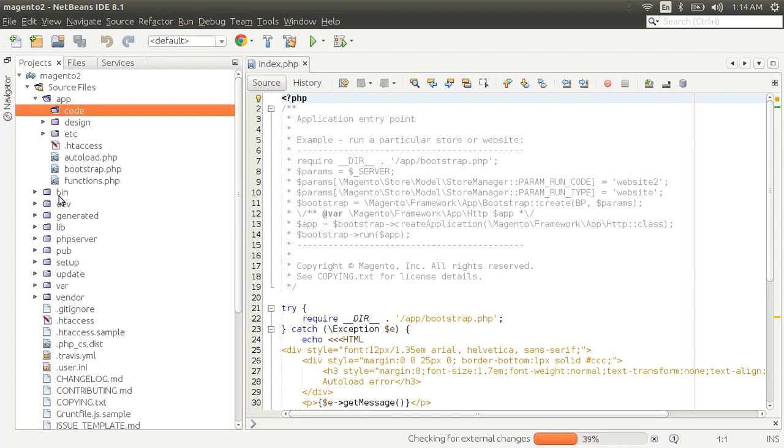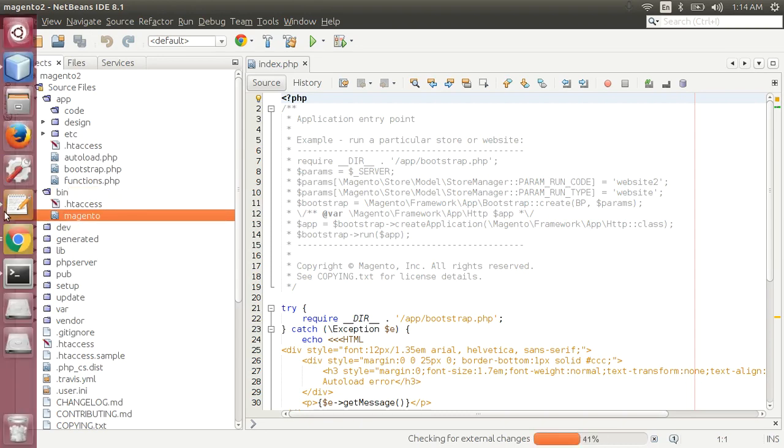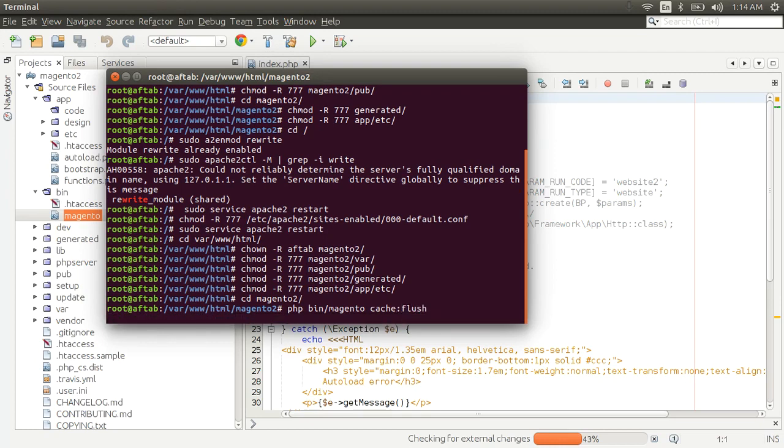And the next folder is bin. Bin basically contains the Magento 2 command line tool. So inside the bin, you see Magento, right? Suppose in the command line we run php bin/magento. So this is Magento. We can work with Magento, like cache flush. So here we work on this Magento,